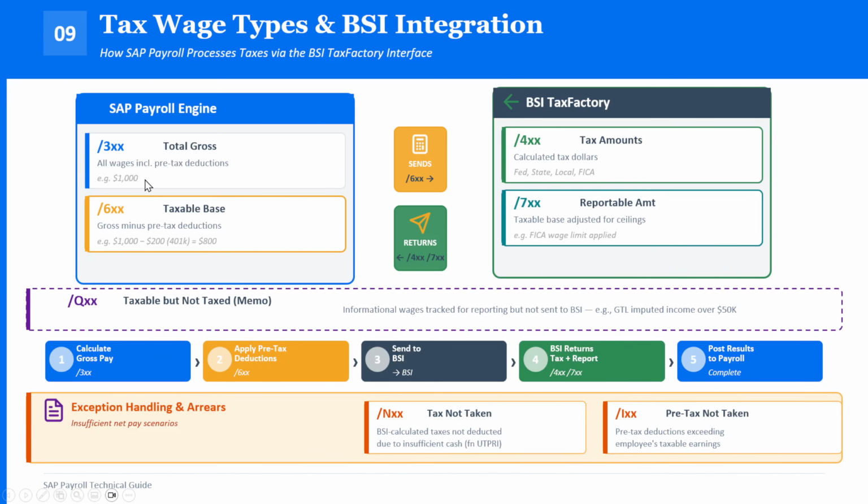So if this is 1,000, because even though there's a couple pre-tax deductions, like a 401k, this will be 1,000, this will be 800. And so what happens is SAP will send this over, and then SAP will return /4s and